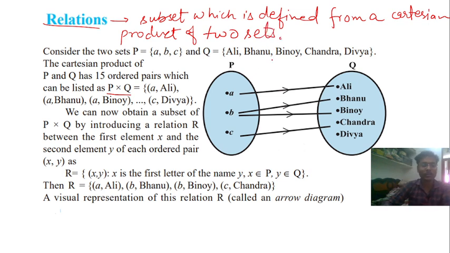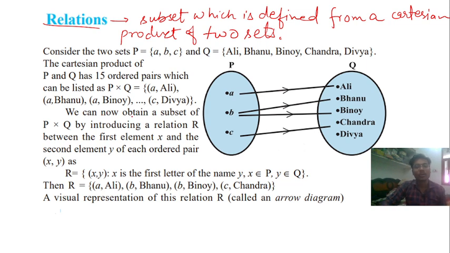Okay, so for example, consider an example here. P has elements A, B, and C, and Q has elements Ali, Bhanu, Binoy, Chandra, and Divya. The Cartesian product of P and Q will have 15 ordered pairs because P has 3 elements and Q has 5 elements. So 3 cross 5 is 15. So when you Cartesianally multiply these two sets, P cross Q has 15 ordered pairs, means 15 elements. But if I want to specify a relation,